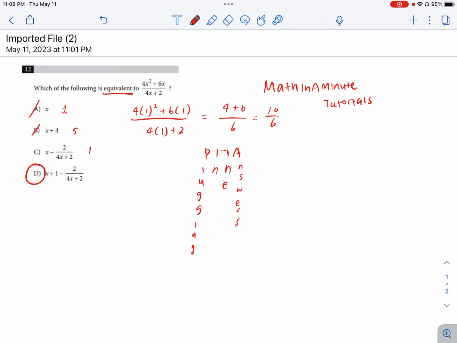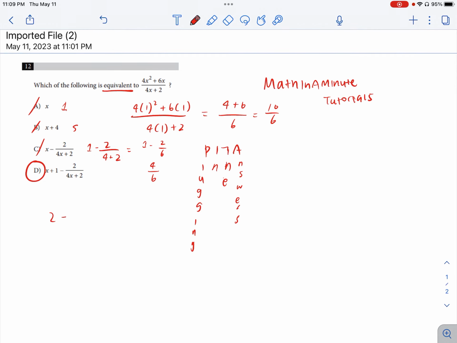And 1 minus 2 over 4 plus 2 equals 1 minus 2 over 6, which is basically 4 over 6. So that's not right. Then if you plug numbers in, this is 2 minus 2 over 4 plus 2, 2 minus 2 over 6, which is 1, 4, 6, which can also be represented as 10 over 6. So this would be the answer, but I also want you to know that, say for example, C, if you